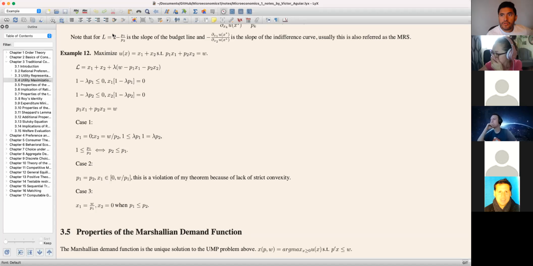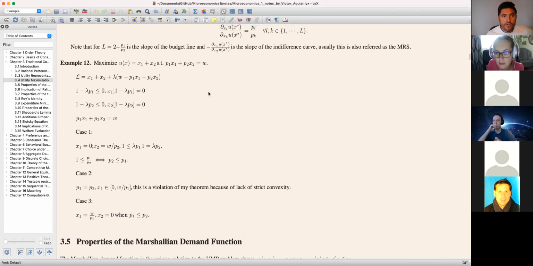Okay, good morning, everyone. So we're going to start the class. I asked you yesterday to go over example 12, right? How to maximize a utility function. So first of all, right,